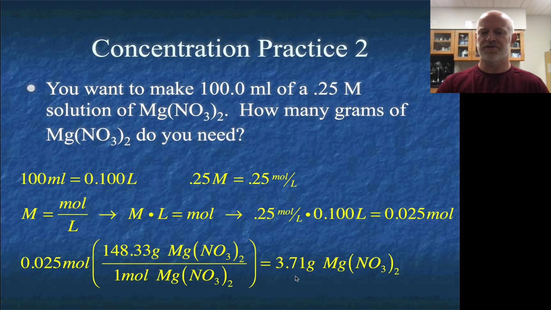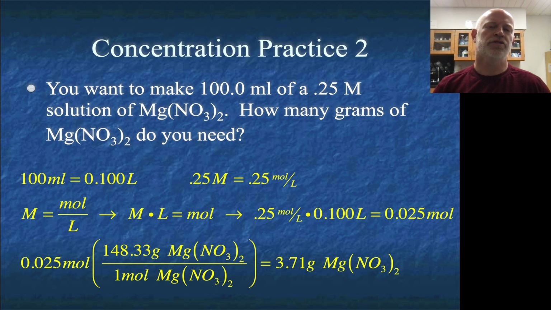magnesium nitrate, these 3.71 grams do take up a small amount of volume. So if you're using 100 milliliters of solvent and you're using 3 grams of magnesium nitrate, when you're done mixing them together, you'll have a little bit more than 100 milliliters, which means your concentration will be a little bit smaller than 0.25. Now, normally in a typical lab setting, that will be negligible, okay? Especially if you're talking about concentrations less than 1 molar, because there just isn't enough volume here to make a